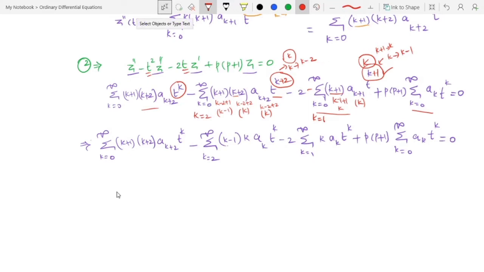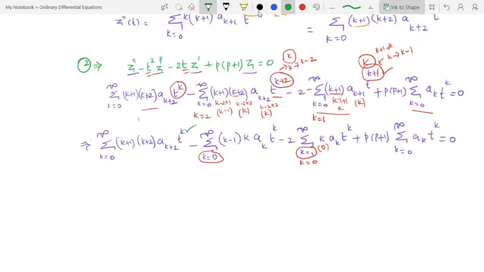Substituting k is equal to 1, this term becomes 0. 1 minus 1, that is 0, 0 into anything 0. So for 1 we get 0. Similarly for k equal to 0, 0 into anything 0. So for 1 and 0 the values are 0. So we can include both numbers 0 and 1 here. So k starts from 0 to infinity. Here also, substituting k equal to 0, 0 into anything 0. So instead of k equal to 1 to infinity, we can write k starts from 0 to infinity. So include 0 in the summation.